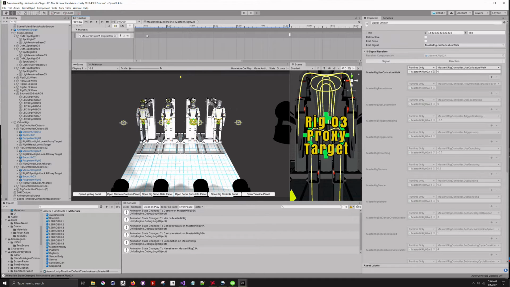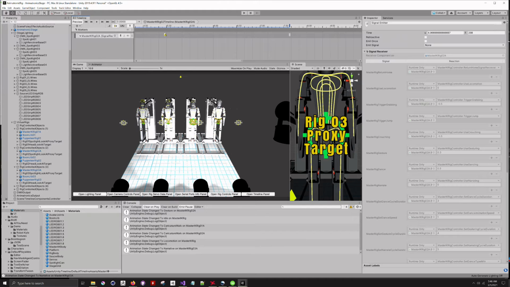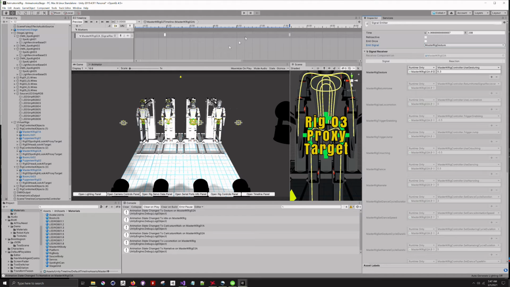And let's put it here, let's say at 5 seconds, that he's going to do a different type of signal. So we'll add a signal emitter here, and then we'll figure out which signal we're going to use. And we'll say master rig gesture. I think that's different than this, right? Yeah, okay. So we'll take that back,